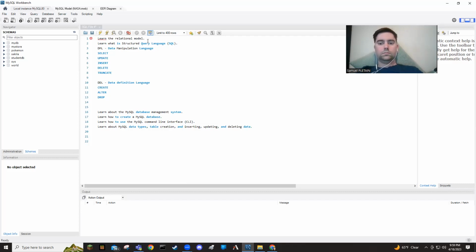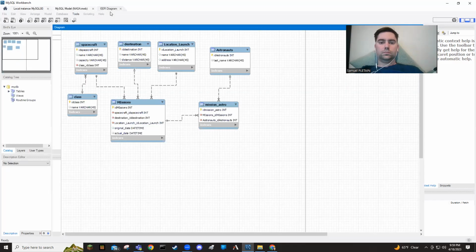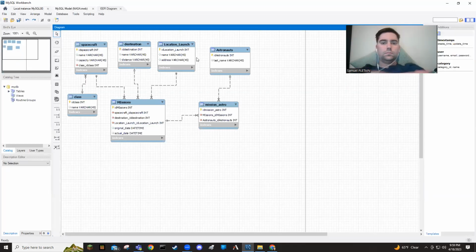But for the most part, these are non-relational databases. A relational database is this. What you see here is a table structure where all the tables talk to each other and they all hold information that complements each other, so we don't have to have it all in one place.